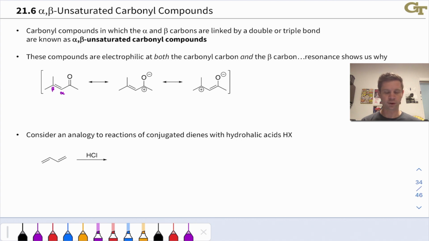And we can draw resonance structures to see this. For example, we can start just by pushing the C=O pi electrons up to oxygen to generate this classic O minus, C plus resonance structure of the carbonyl group. But that positive charge looks allylic if you look at the carbon-carbon double bond next door. So we can continue to push electrons to illustrate that the beta carbon also has positive charge, is also sharing